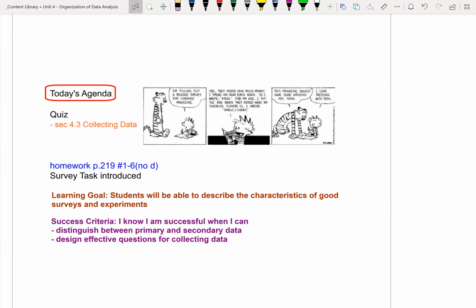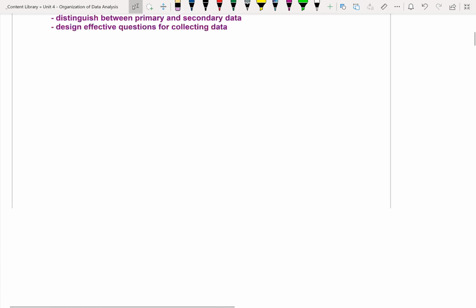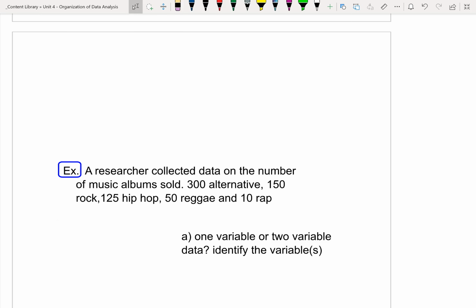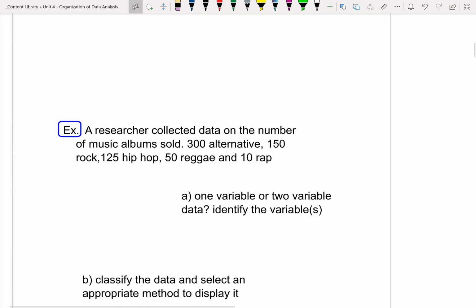In today's note, we're going to be looking at collecting data. So before we get into collecting data, let's take a look at some review of types of data and sampling techniques. So if a researcher collected data on the number of music albums sold, and they found that there were